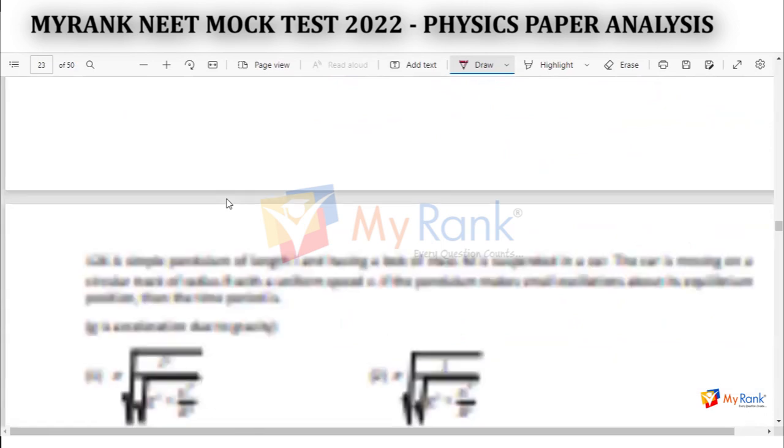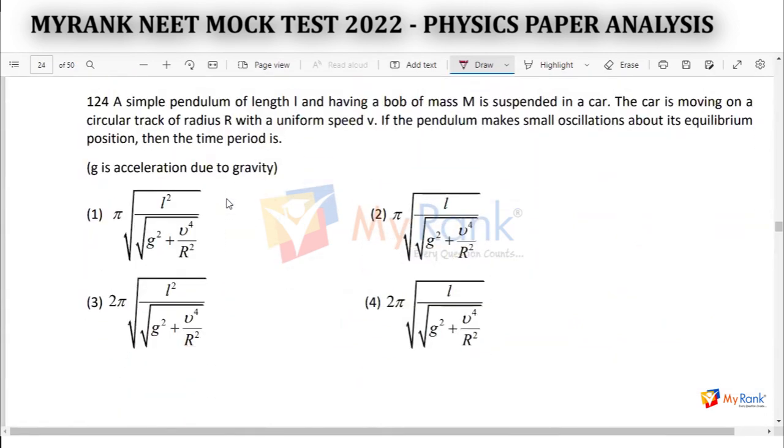Next. A simple pendulum of length L and having a bob of mass m is suspended in a car. The car is moving on a circular track of radius r with uniform speed v, right? So in that case, the pendulum makes small oscillations about its equilibrium position, then the time period is to be found. If you imagine,